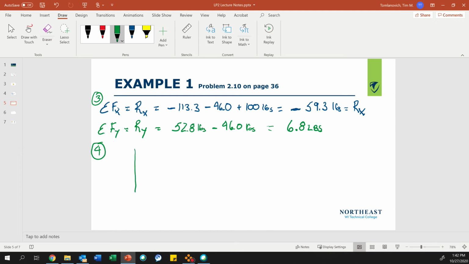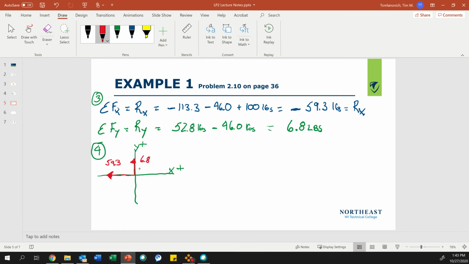So if I do that, I'm going to do this. Okay, this is x, and this is positive, and this is y, and this is positive. All right, so my x force is a negative 59.3. So I know my sense is pointing to the left. Okay, and then my y is a positive